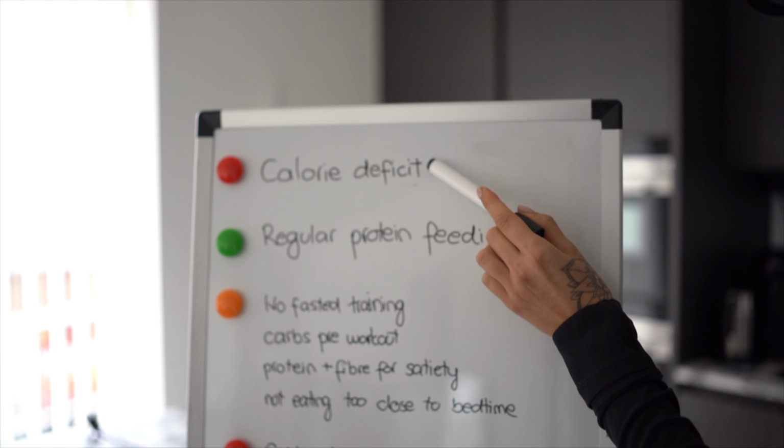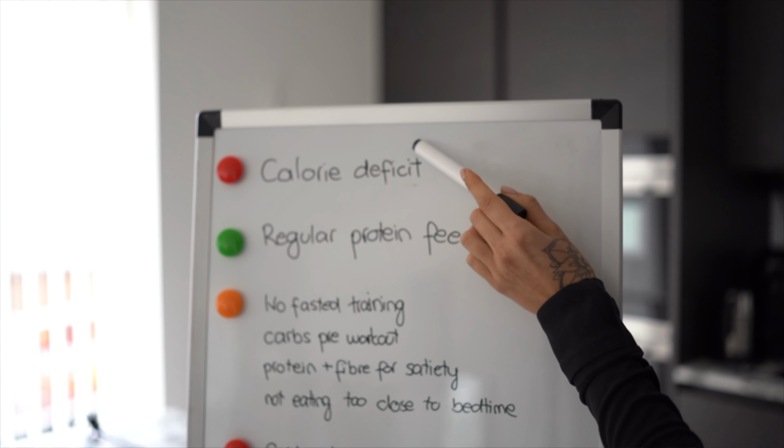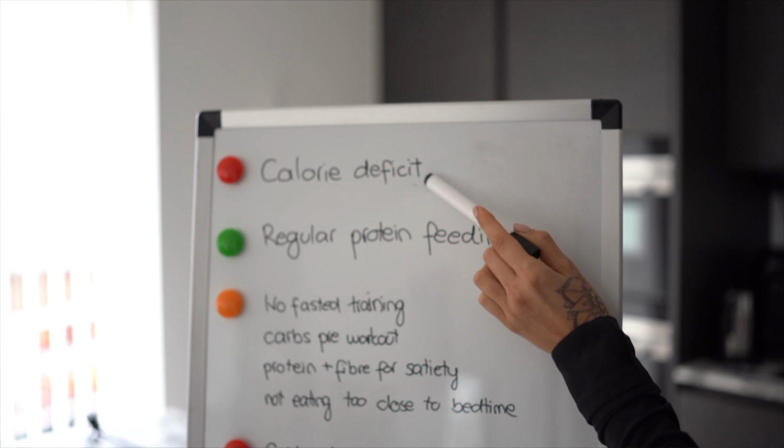And you can check the first video that I posted about tracking calories and making sure that you understand the fundamentals of fat loss. So no calorie deficit, no fat loss. That is the number one and the most important thing if your goal is to lose body fat, to be in a calorie deficit. Then the second point that I put here is to have regular protein feedings, which means